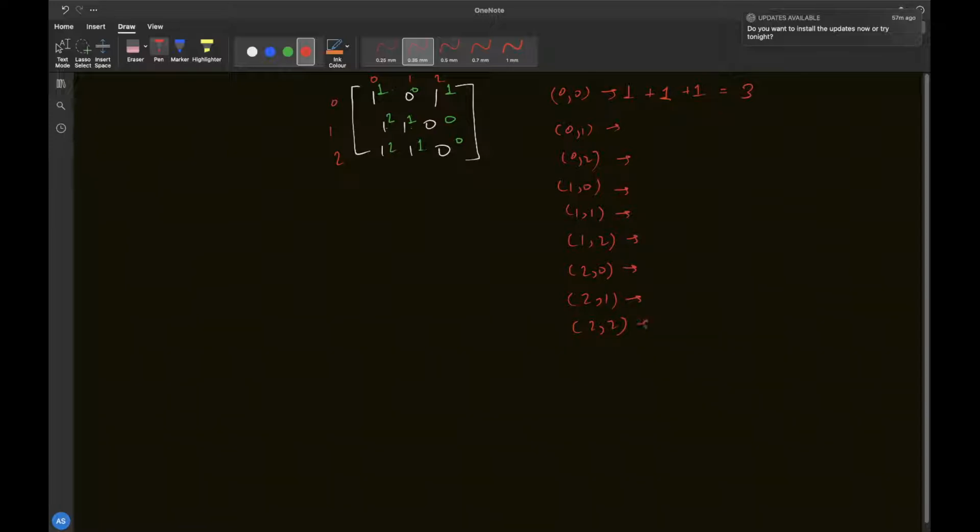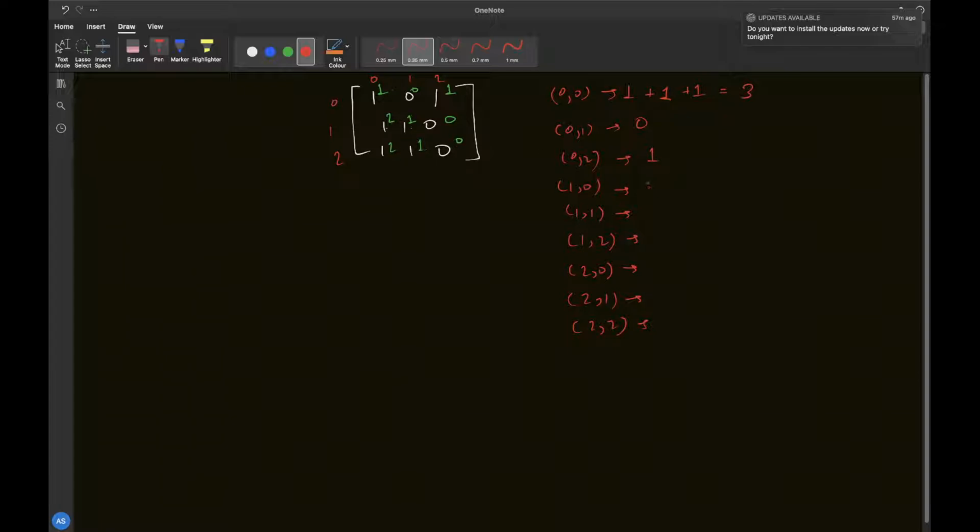So let's try to dry run this question. With 0 comma 1 it is 0, so contribution will be 0. With 0 comma 2 it is 1, so 1, and then here minimum will be 0, so this will be 1. Sorry, I actually made a mistake here. For 0 comma 2, this cell, this will be 1. For 1 comma 0 we'll have 2, and then once we increase the height it will be 2 only.